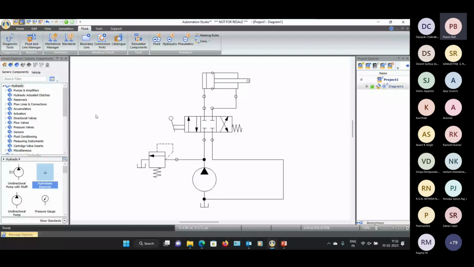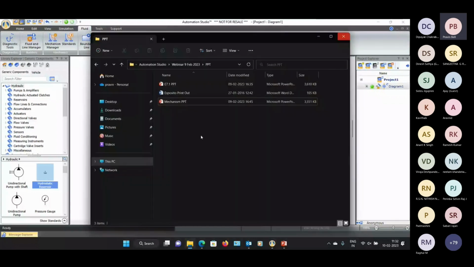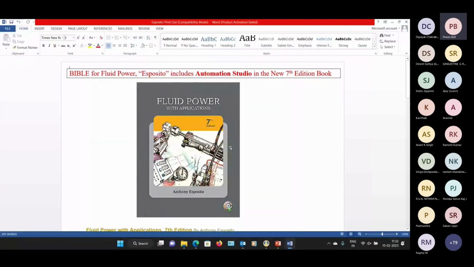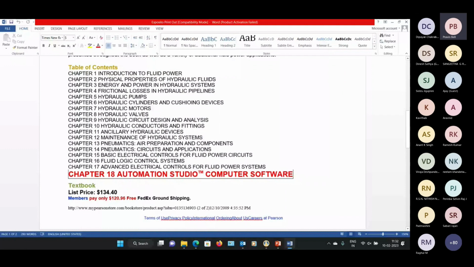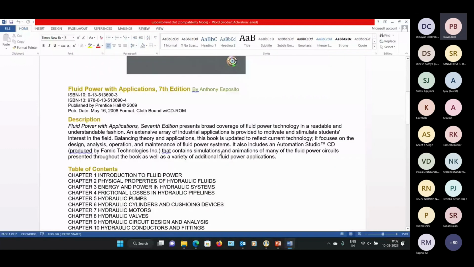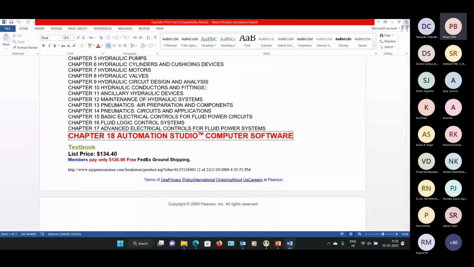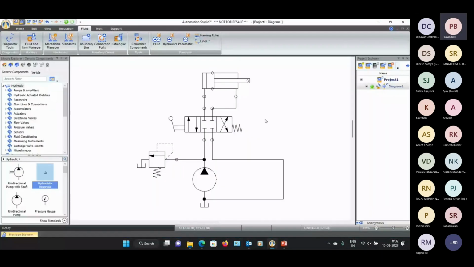We've seen it being used in India and worldwide. Even in Anthony Esposito, chapter number 18 is a chapter on Automation Studio. So they have a direct tie-up, Anthony Esposito and Farming Technologies. Chapter number 18 is Automation Studio. So circuits are possible. The only thing is, how do we simulate and how do we make our lab practicals much